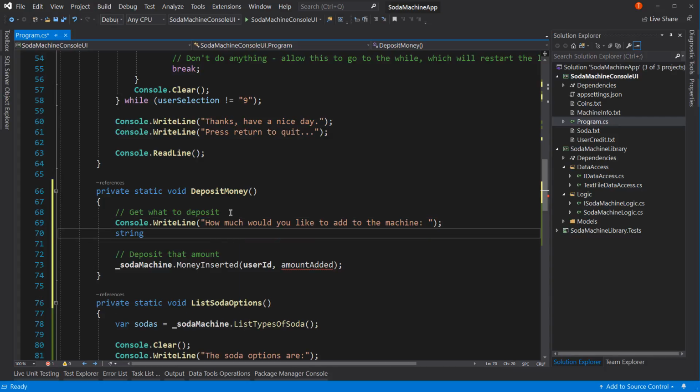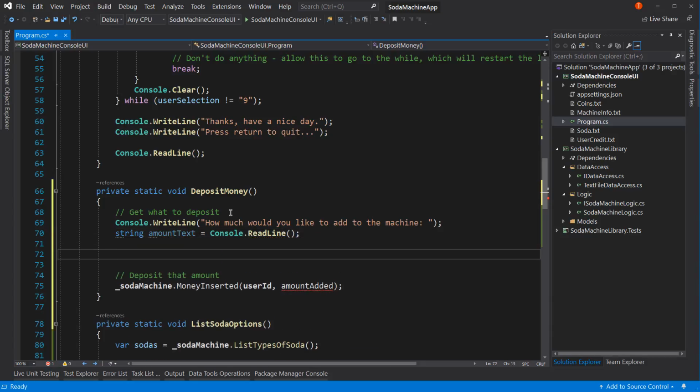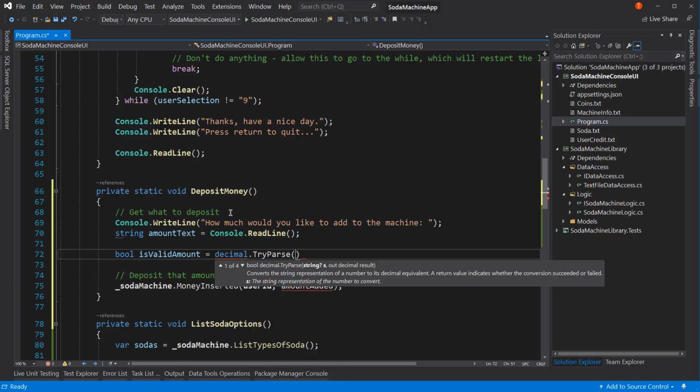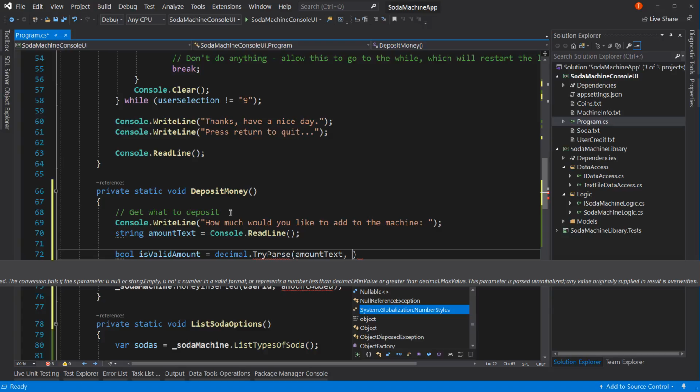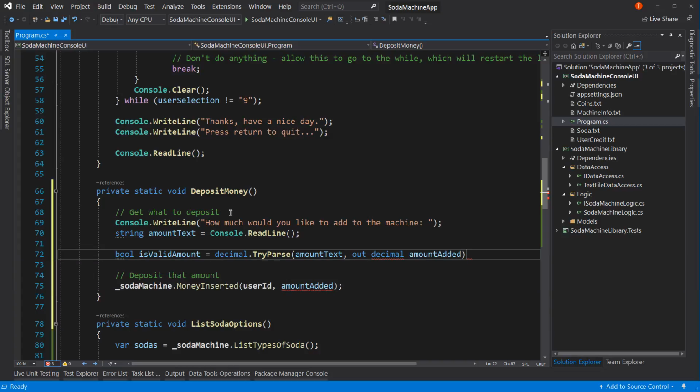And then what we'll do is say string amount text equals console.ReadLine. All right, and then what we'll do is we will say bool isValidAmount equals decimal.TryParse, amountText, out decimal, and amountAdded. Okay, so what we're doing here is we're going to ask the user, how much money would